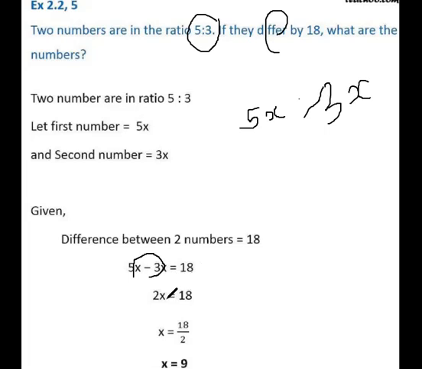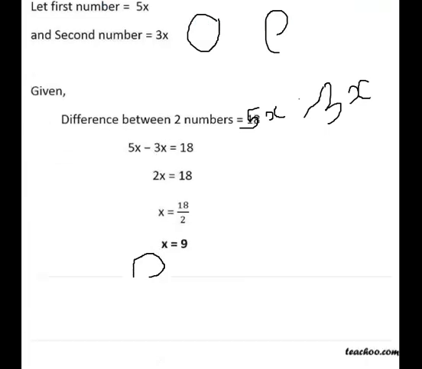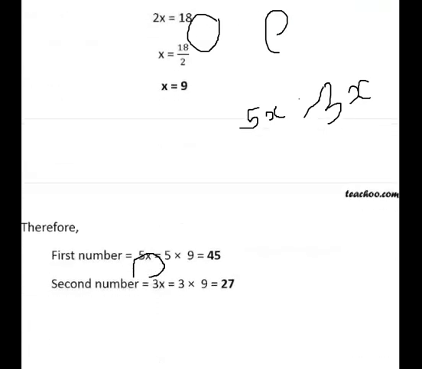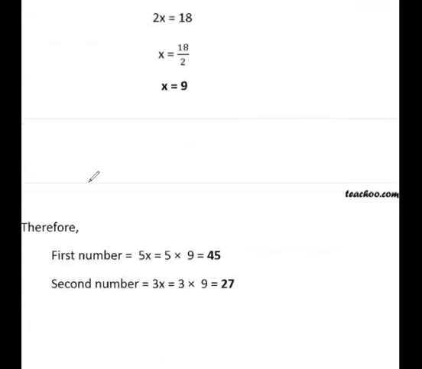So it will become 2x is equal to 18. x is equal to 18 upon 2. x is equal to 9. A simple but easy thing. But moving forward, you also have to find 5x, and we just found the value of x, which is 9. So 5 into 9, 45. 3 into 9, 27. So your numbers 5 ratio 3 are 45 ratio 27. Isn't this a new concept? That is why I skipped 2.2 question 4, because that wasn't a new concept for you.